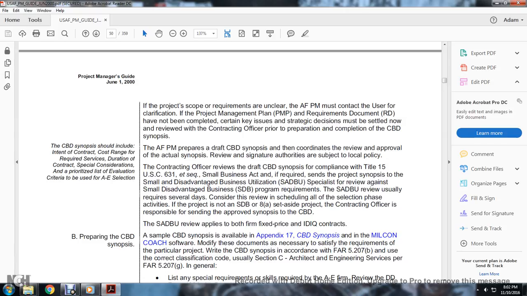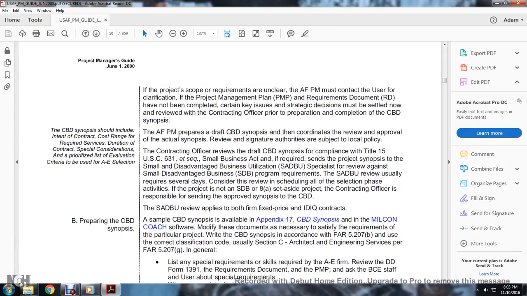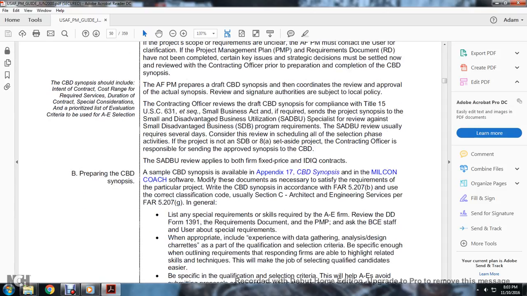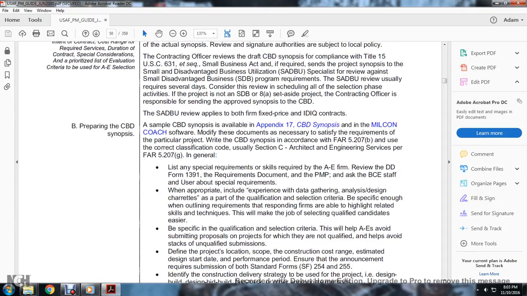Small disadvantaged business utilization review usually requires several days, so scheduling all the selection phases of the activities should account for this. The projection of the small business, small disadvantaged business, and 8(a) set-aside project, the contracting officer is responsible for the approval of the synopsis of the Commerce Business Daily. Small disadvantaged business utilization review applies to both firm fixed price and indefinite delivery, indefinite quantity contracts. Preparing the Commerce Business